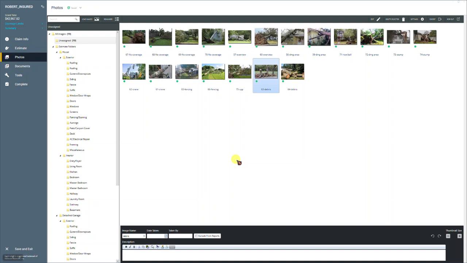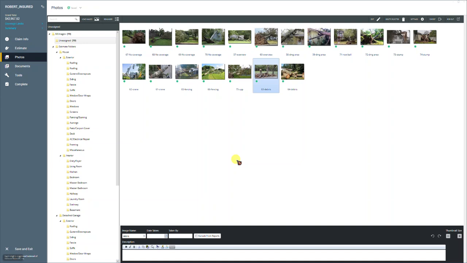It rolled off the structure. There would be no coverage to remove that. Another scenario where we would be able to pay for that tree limb on the ground is if that tree damaged the roof and the limb rolled off, and on the way down it broke some of the wood fascia on the left,